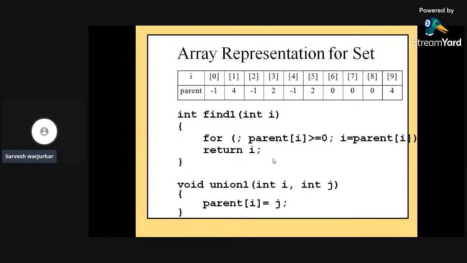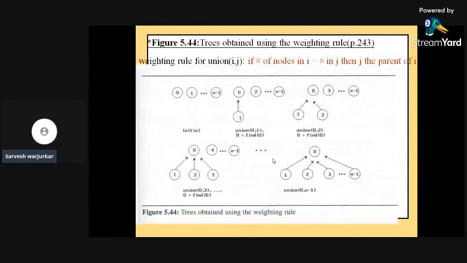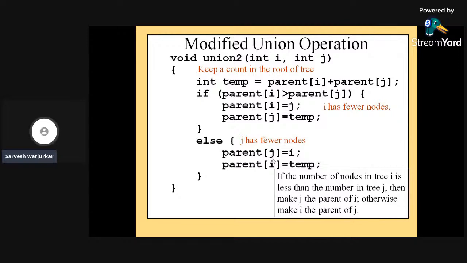Void union with integer i, integer j, whatever the integers that you have already defined. It may be i, it may be j. If parent[i] is equal to j, then your value is same. You can definitely go in that particular direction again. Modified union operation is again possible in trees,